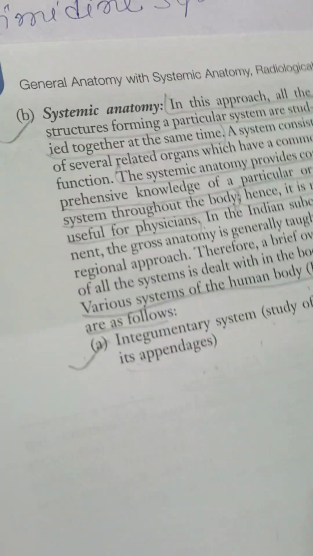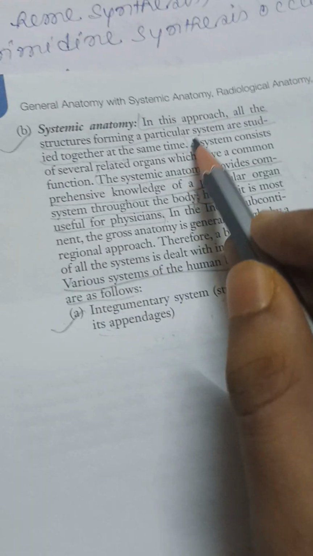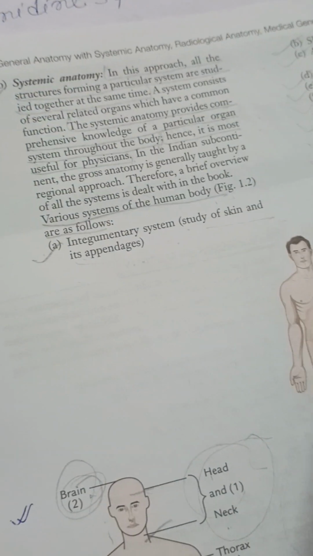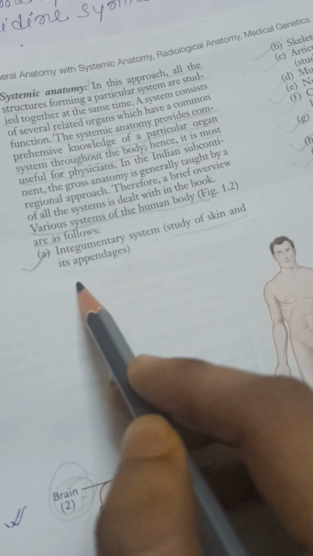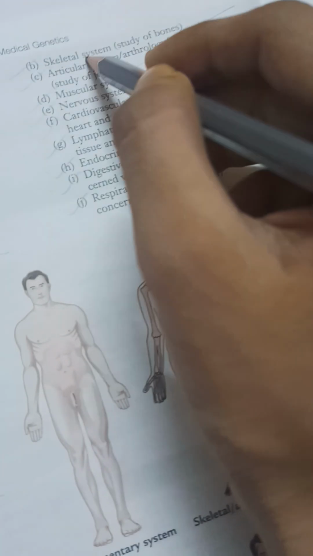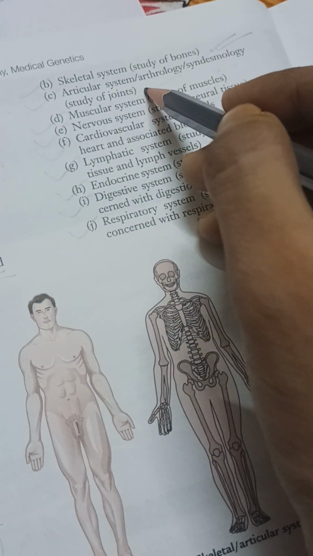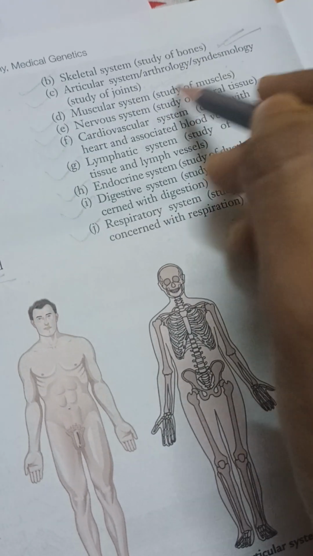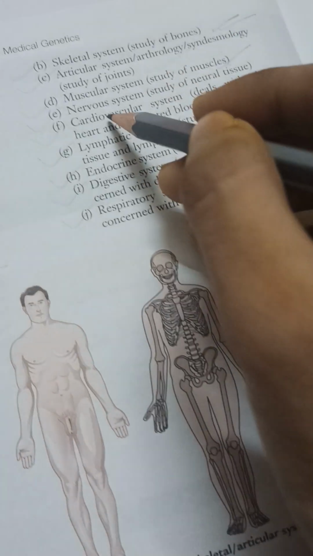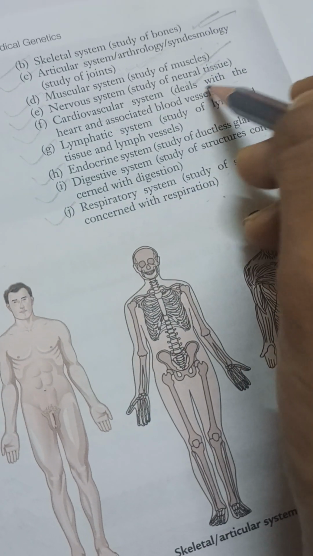Now, the systemic anatomy includes all the systems of the body. That is, in this approach, all the structures forming a particular system are studied together at the same time. The various systems of the human body include the integumentary system, that is study of skin and its appendages, skeletal system, that is study of bones, articular / arthropology / syndesmology, that is study of joints, muscular system, that is study of muscles,